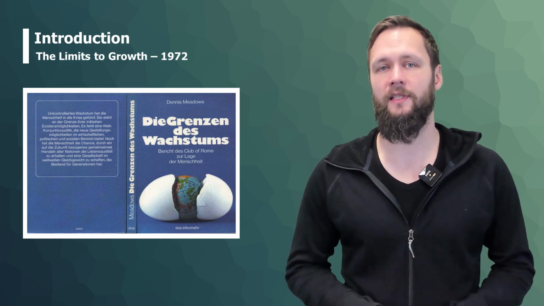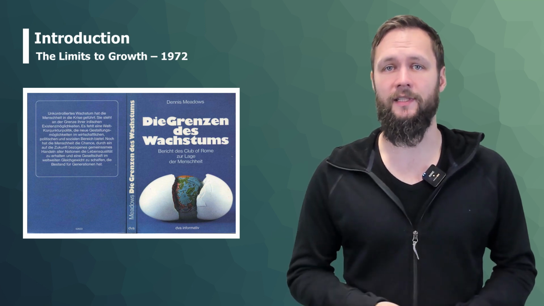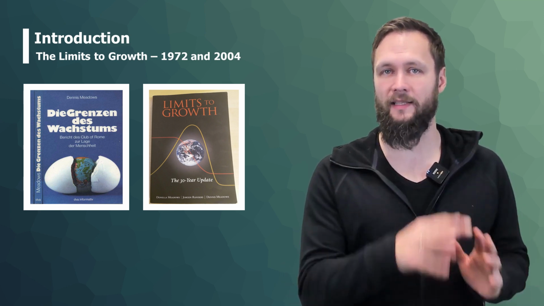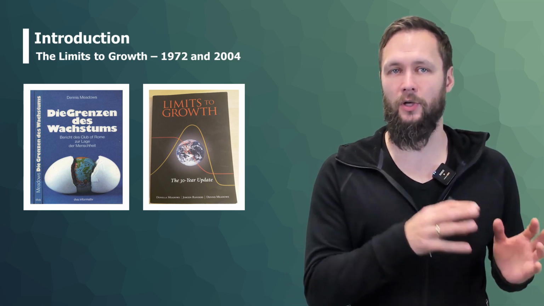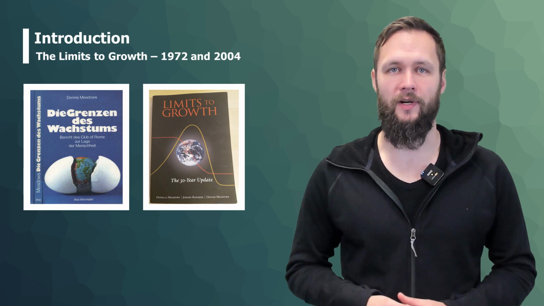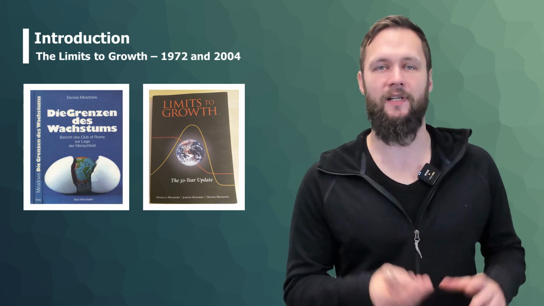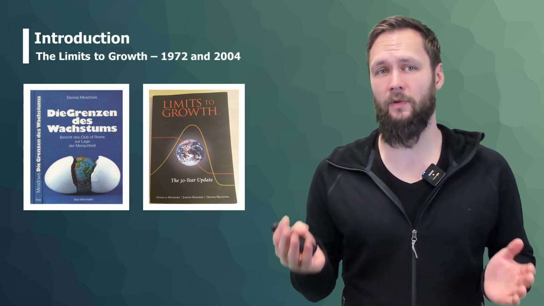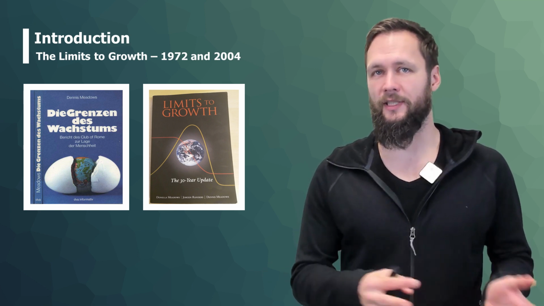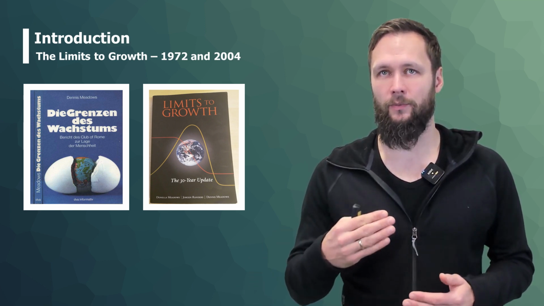So for that reason, the Club of Rome also published a series of updates. For example, as you can see here, the 30-year update, where they checked what kind of parameters they could update, and whether they are still recent. And how closely does the model predict how the world changed so far? So there is a series of update reports on that. It's not that they published something in 1972 and never got back to it. And as it turns out, it is astonishingly close, but we will also get to why those predictions might be a little bit difficult to put into context and how they really match reality.